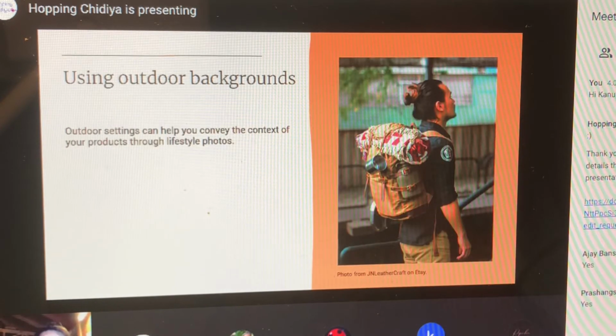For the outdoors, it is always advisable, if you are selling backpacks or bags for traveling or suitcases, you can go in for such backgrounds. Try to shoot it at an airport. I mean, you don't even have to go to the airport. You just take pictures somewhere outdoors, and you can edit the backgrounds. There are so many iStock pictures available for free usage. They do not have any copyrights. They are high resolution pictures. You can edit and place them there to give it a feel.